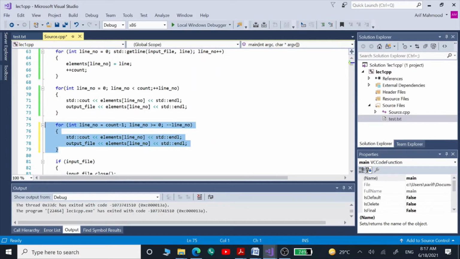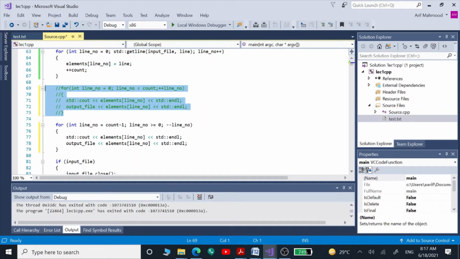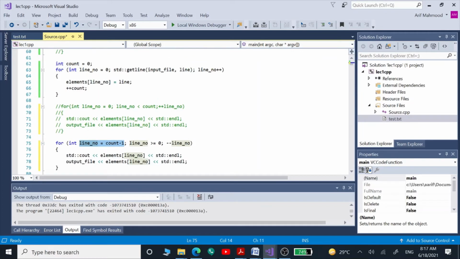So instead of using this for loop starting from 0, we are going to run this for loop starting from the length of our string. Here we are using this extra count variable so that we can count how many elements are there in our array, and using that count we are going to start from the last element in our array first, and then go to 0.